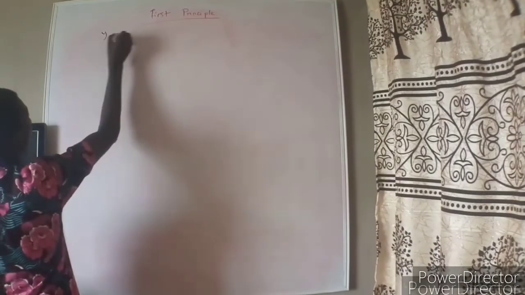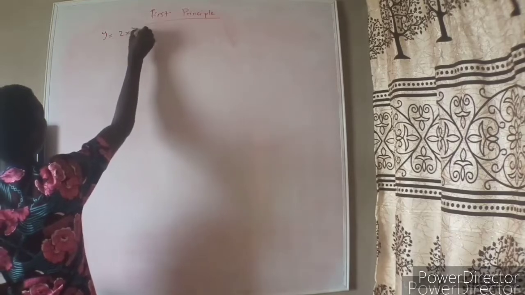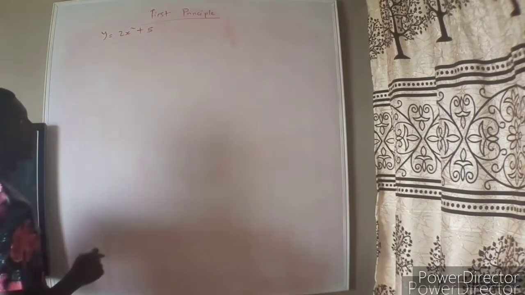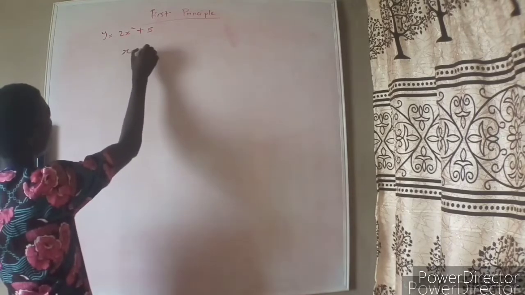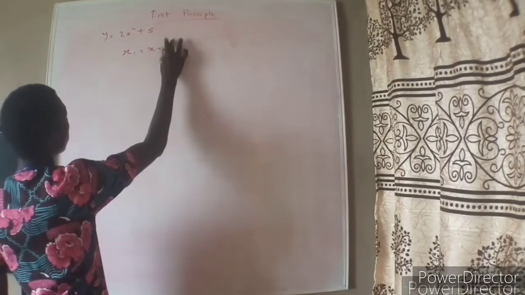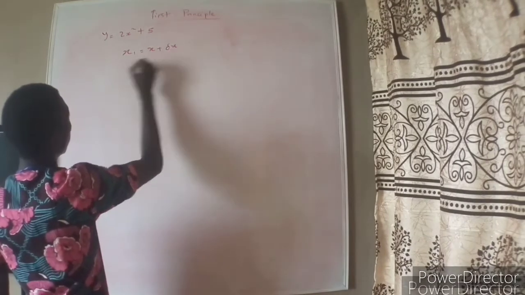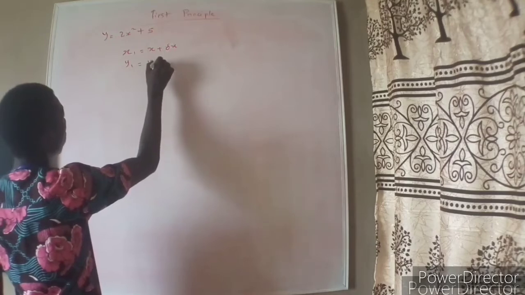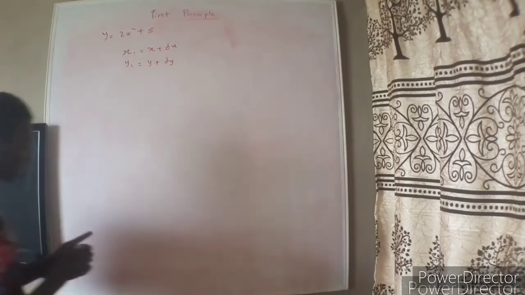So y is equal to 2x squared plus 5. Since my x1 equals x plus change in x, and my y1 equals y plus change in y,